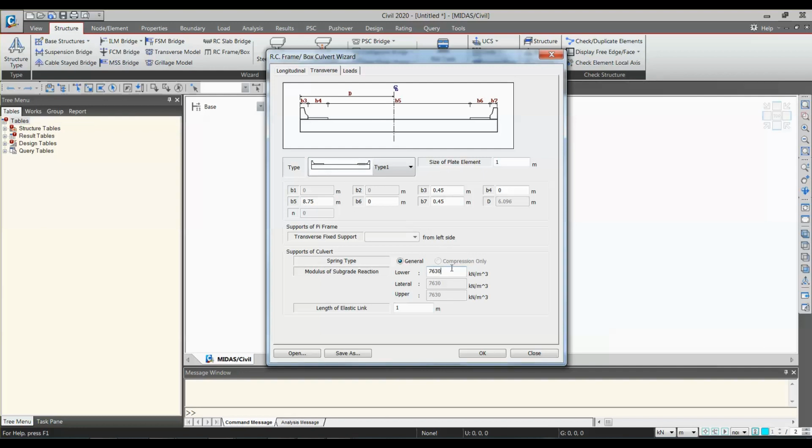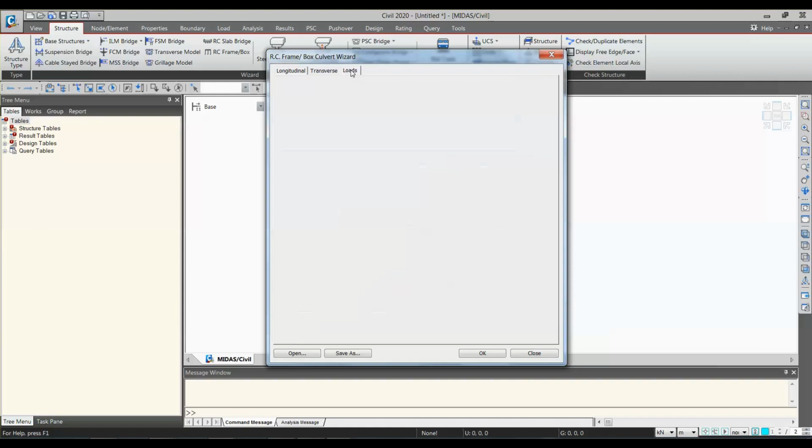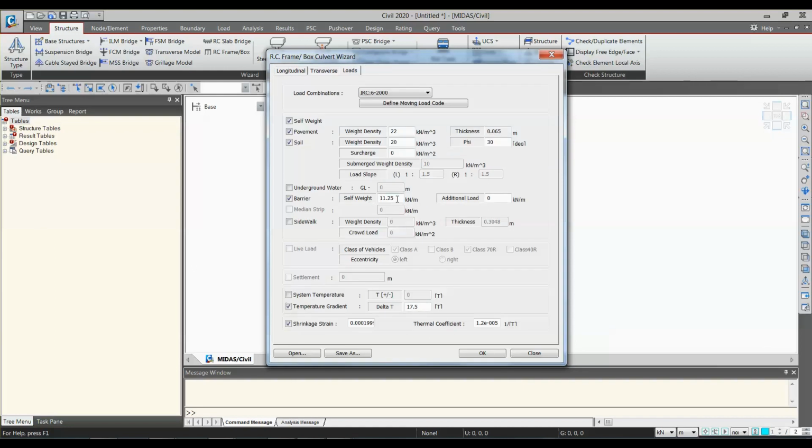As I said, here you have to calculate the modulus of subgrade reaction manually depending upon the soil, as well as it also depends on the influence factors, your field test, SPT or CPT. So it depends upon the modulus, the stress or strain modulus, that is Es of your soil. So you will calculate modulus of subgrade reaction manually and enter it here. Now loads, I have kept the loads the same over here. So now it is 11.25 kilonewton per meter, which would be converted into the area load. I will show you the calculations. I just click on OK.